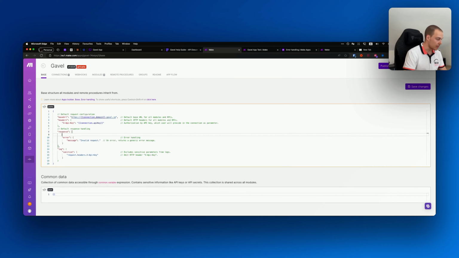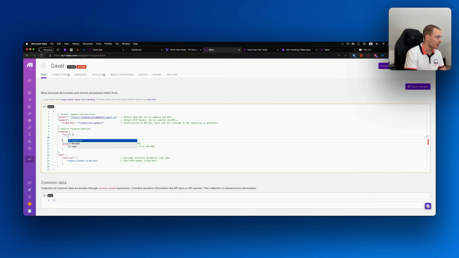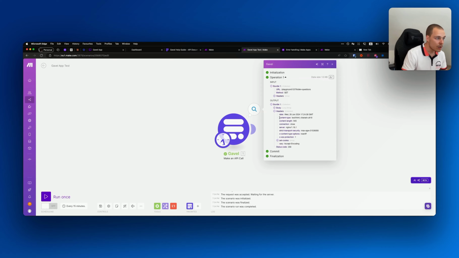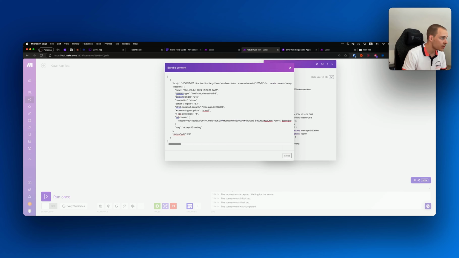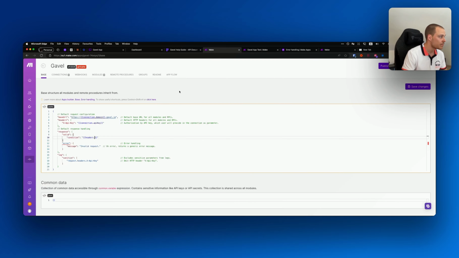Again, unfortunately, we cannot provide more information. And we also have this valid directive, which will have a condition. And the condition will be essentially that the headers dot content type, and we can download as well the output bundles to make sure that we're copying them correctly. Content type doesn't equal,